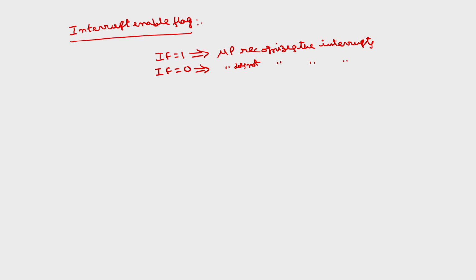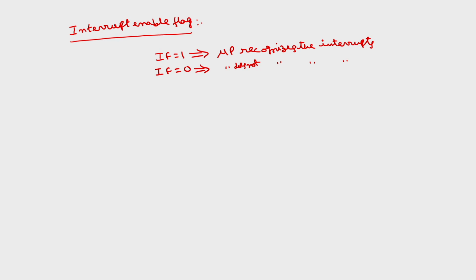0. Normally this interrupt enable flag will be reset if the microprocessor wants to perform any emergency operation. In that case, it can reset the interrupt flag so that the external device will not disturb the microprocessor. If the interrupt enable flag is 1, then the microprocessor recognizes the interrupts. There are different types of interrupts in 8086 that we will discuss later. So, this is about the interrupt enable flag, and the last, third control flag is the trap flag.